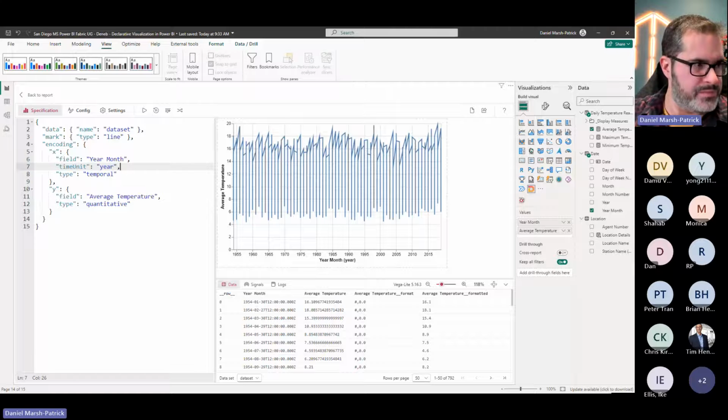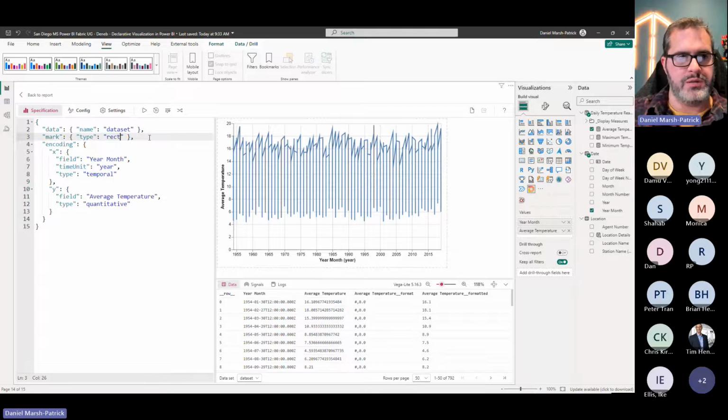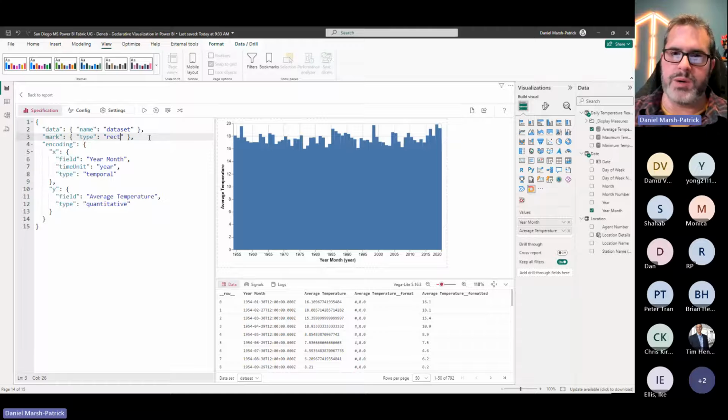But bear with me. What we'll then do is we'll think about changing the type of mark from a line to a rectangle. That's going to look more like a bar chart. It's still pretty noisy because it's ultimately got a lot of years in here and a lot of values. So what we want to try and do is decrease that clutter slightly. So for time, I'll copy paste this and replace my Y